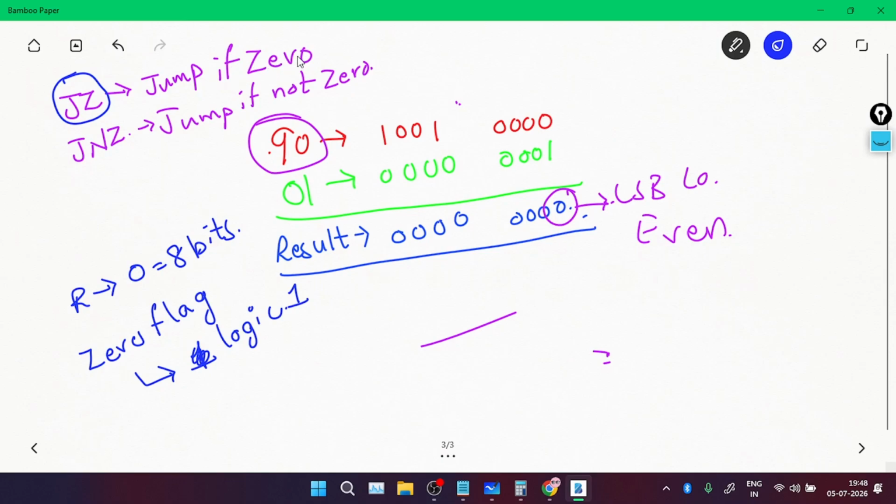If the result of any operation makes all the bits equal to 0, all the 8 bits or 16 bits, whatever number of bits you're using, and they're at logic 0, then definitely you can jump to a specific label. JNZ is opposite to that. If any one bit out of these 8 bits is at logic 1, for example,